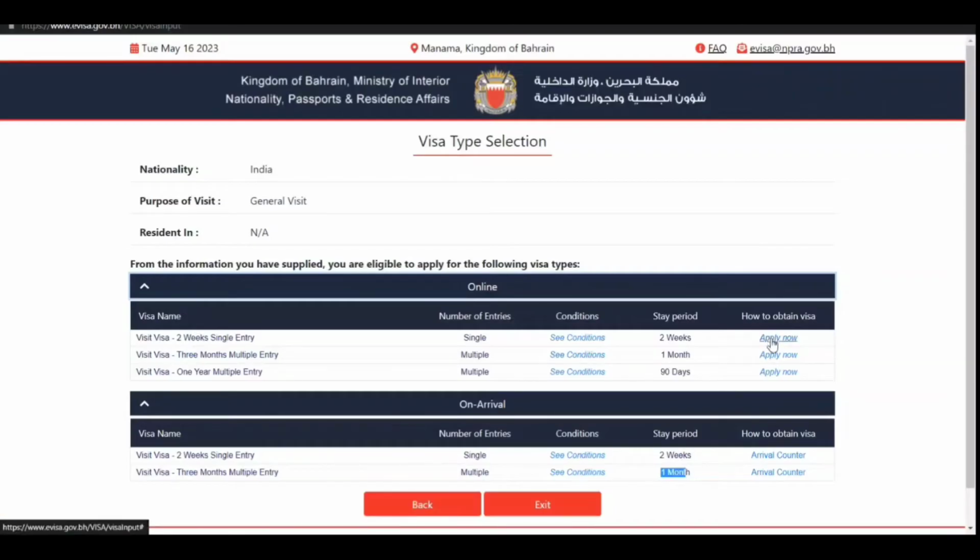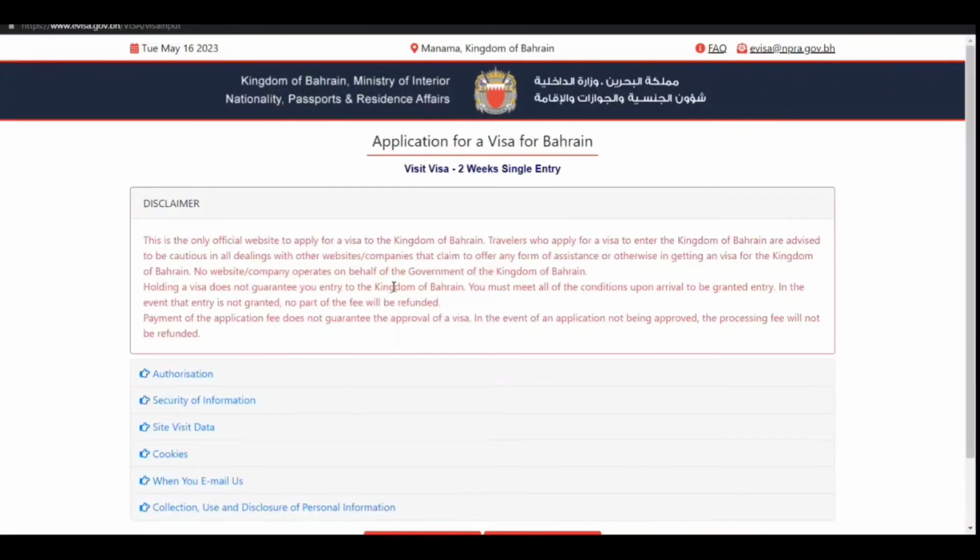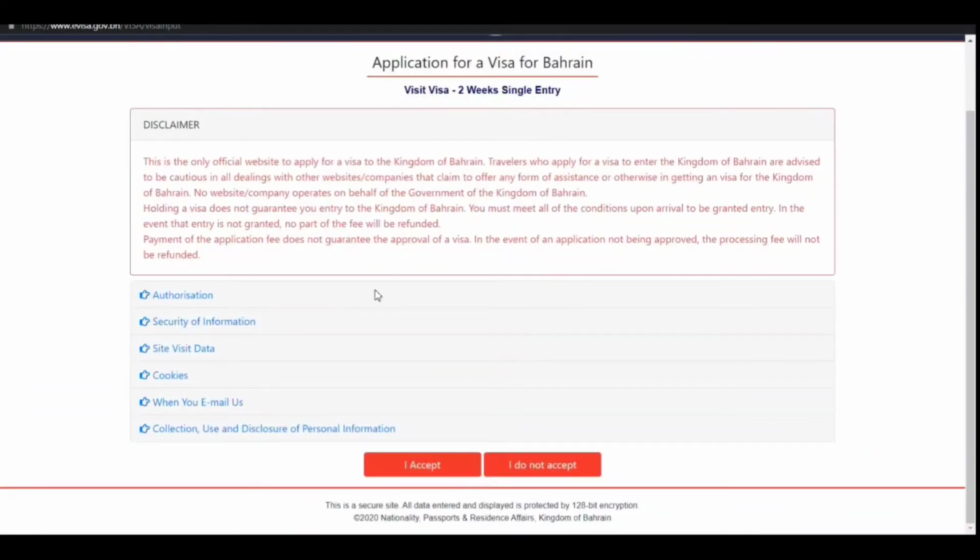So it has also given you the link. So three kinds of visa you can apply for online: 2 week single entry, 3 months multiple entry, and 1 year multiple entry. So let's say you're going for a very short trip of 2 weeks, then you can click on here. It has a disclaimer, and once you accept everything,